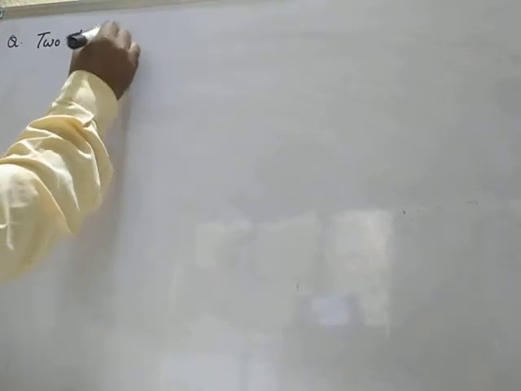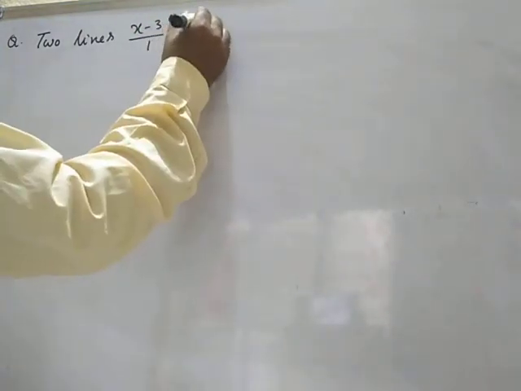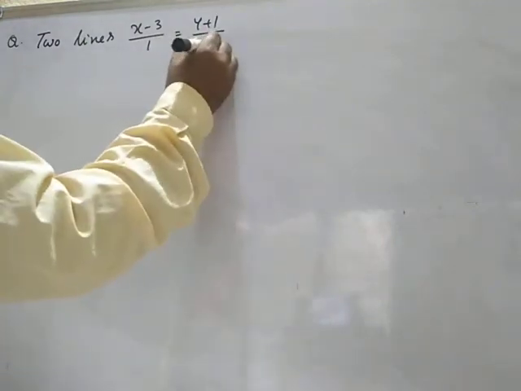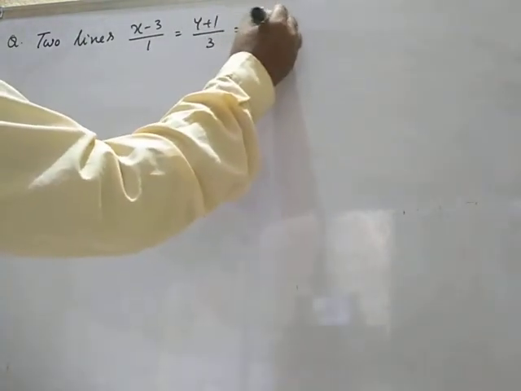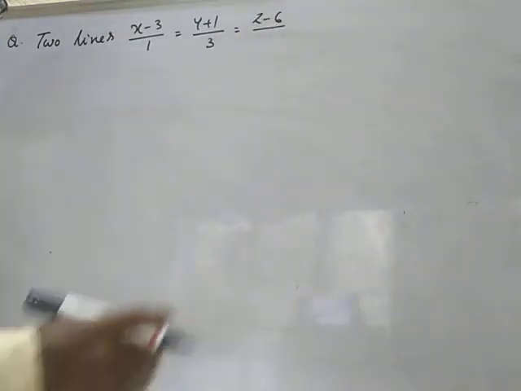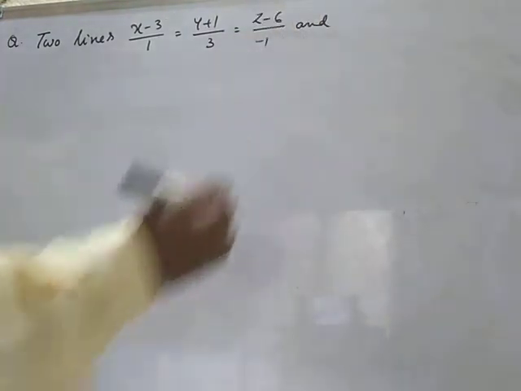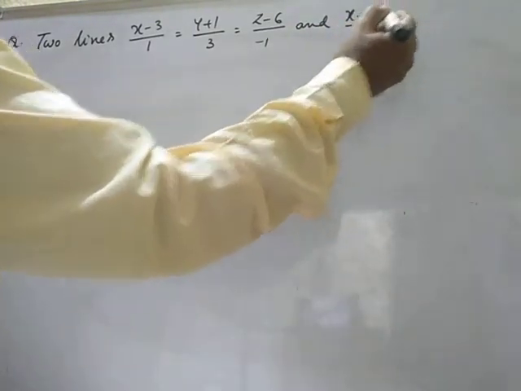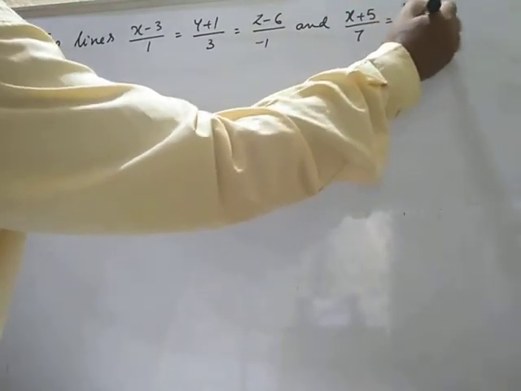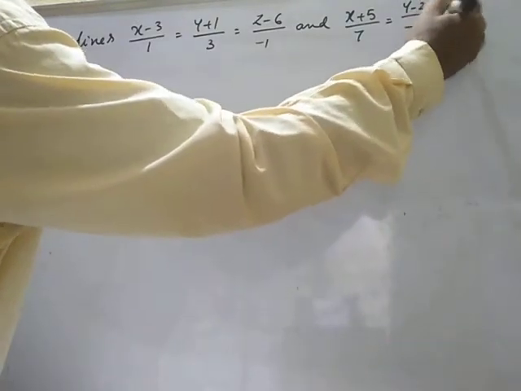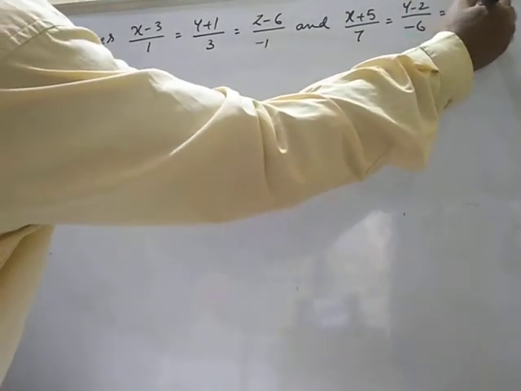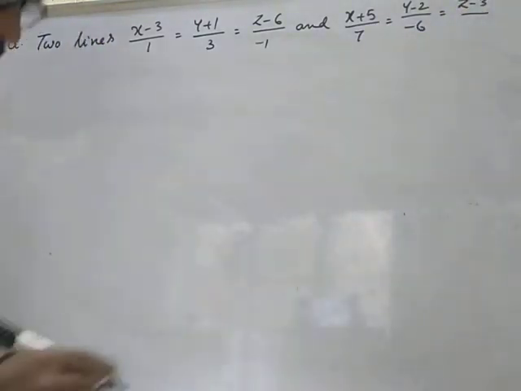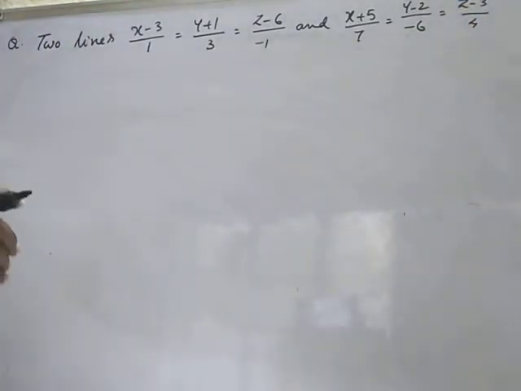Two lines (x minus 3)/1 = (y plus 1)/3 = (z minus 6)/(minus 1) and (x plus 5)/7 = (y minus 2)/(minus 6) = (z minus 3)/4